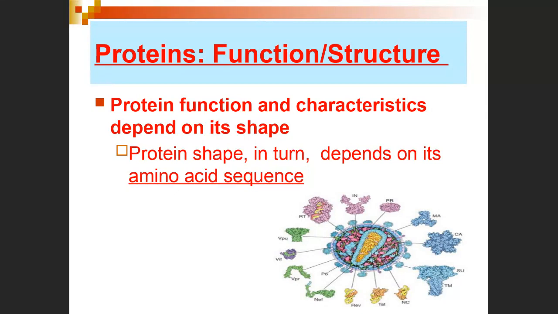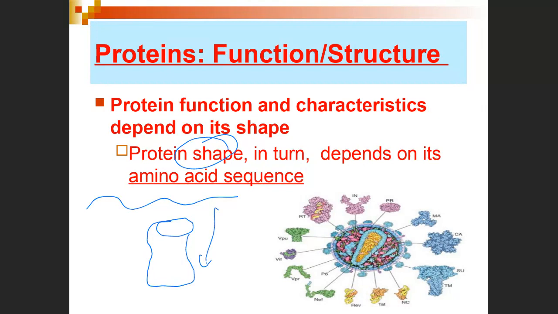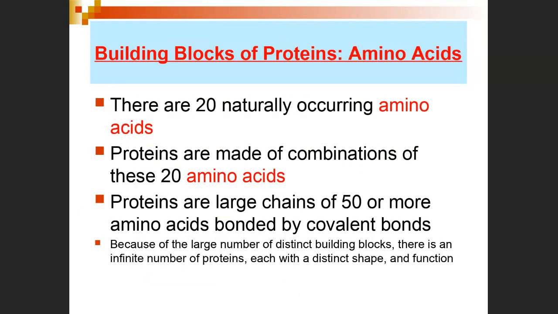The protein shape determines its function, and its function is dependent on its shape. So if the protein is supposed to be a channel, remember, it starts out as a chain. That chain has to fold into a channel for it to function. If the shape is returned back to its original linear shape, the protein stops functioning. So shape and function are linked in a protein.